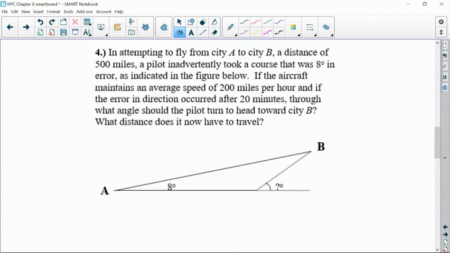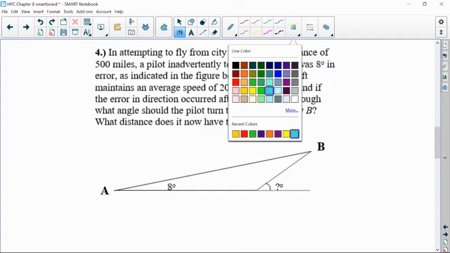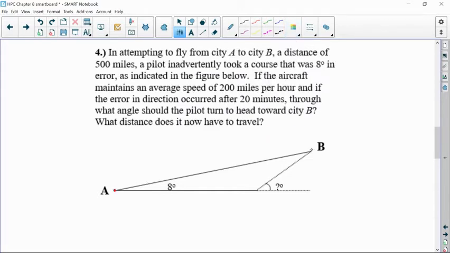B, but you are off course by 8 degrees. So like you're trying to get from here to here, but instead of going in the right direction, for some reason, maybe there was a wind or you're just off course, it went this way instead. So here's the airplane going the wrong direction, and all of a sudden he realizes, oops, I am in the wrong spot. I need to go to A. So I want to figure out what angle do I have to turn, and then how much more do